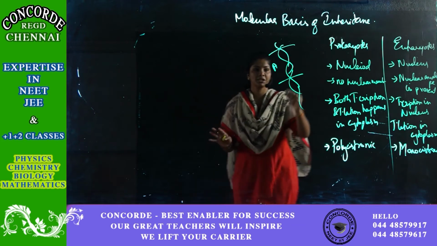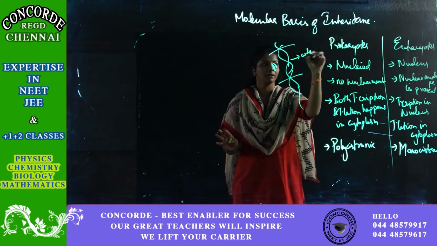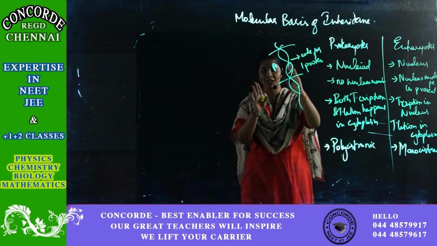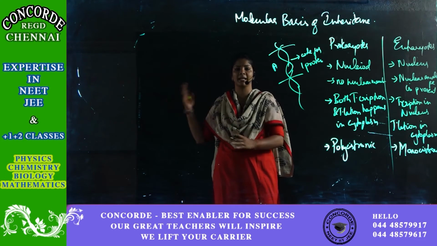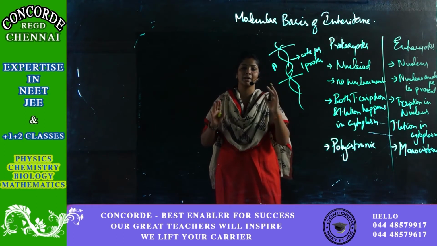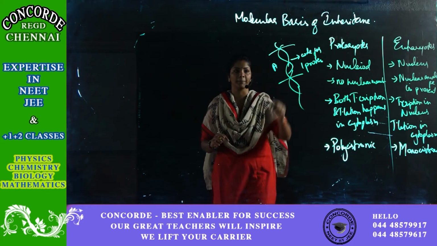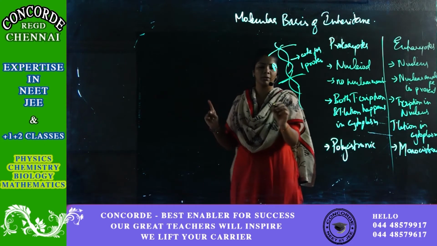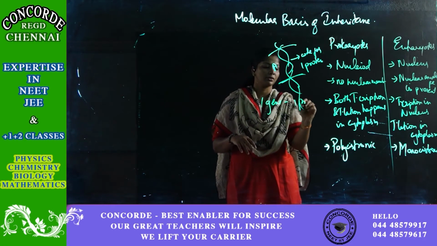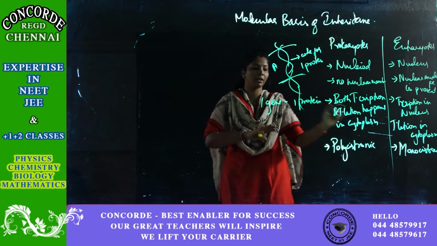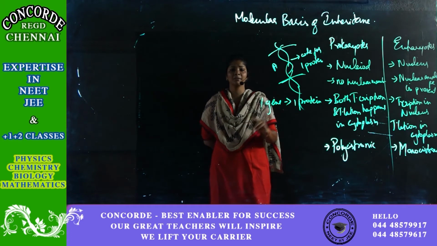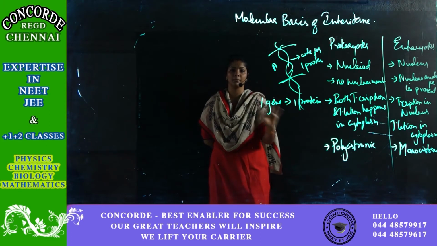Now, this gene will code for only one protein, say insulin or glucagon. This kind of situation we call monocistronic: one gene, one protein. So we are all monocistronic. If we have a gene, that gene will code only for that particular protein. No other extra proteins will come in.